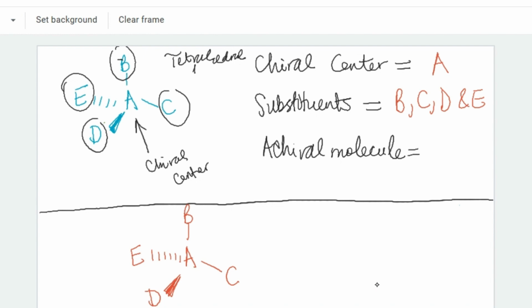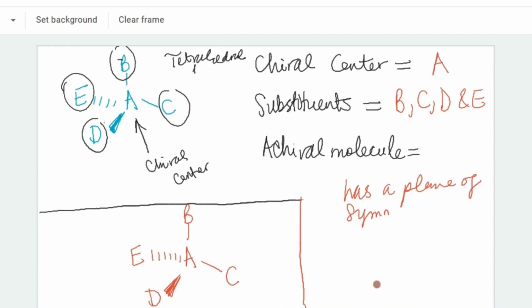Now, the next thing is achiral molecules. Achiral molecules are molecules that do not have a chiral center. And when they don't have a chiral center, what that simply means, honestly, is that there are two things that will make something achiral. The first is that the molecule has a plane of symmetry, right? A plane of symmetry is a plane, or you can think about it as a line that separates